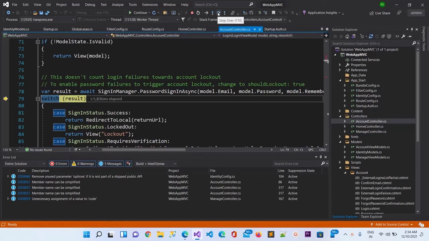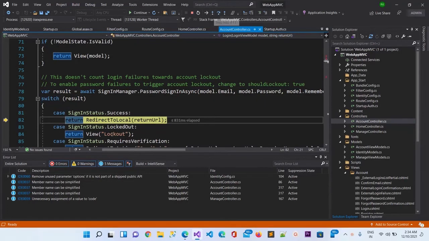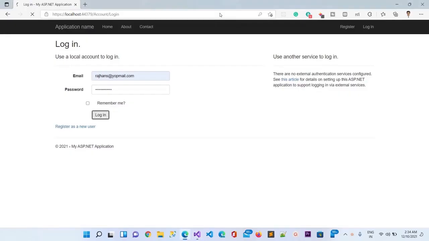That means the email and password have been matched, and inside the switch case, if success, then it will redirect to the local redirect URL, but right now the redirect URL is null. Then where will it take us? Let me check where it will take us.